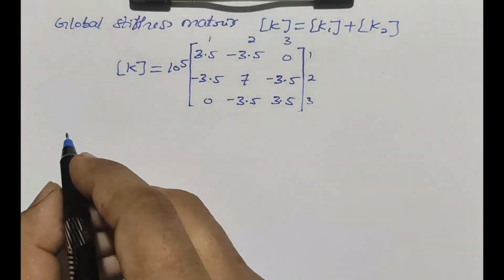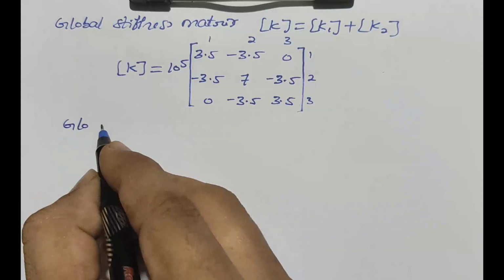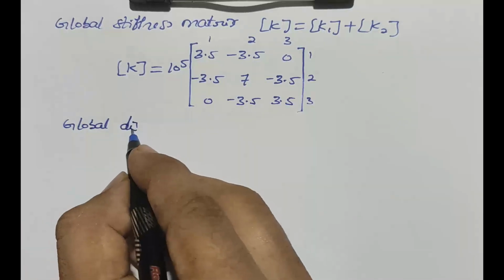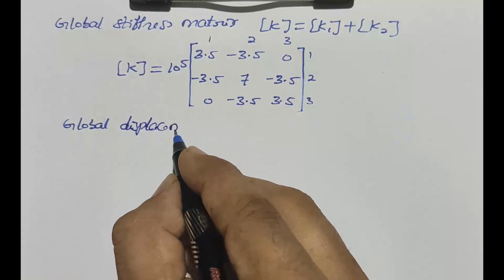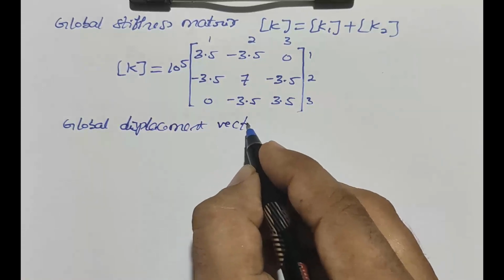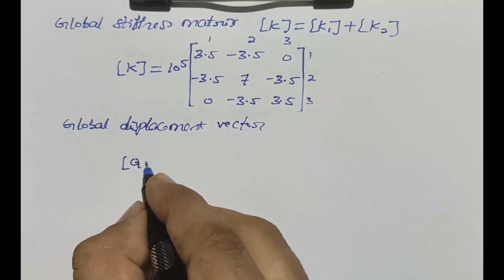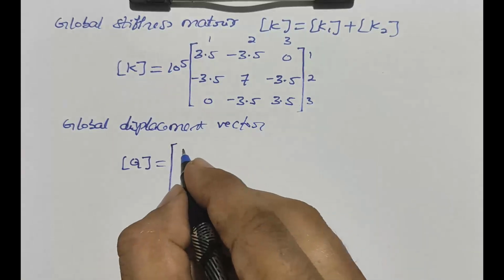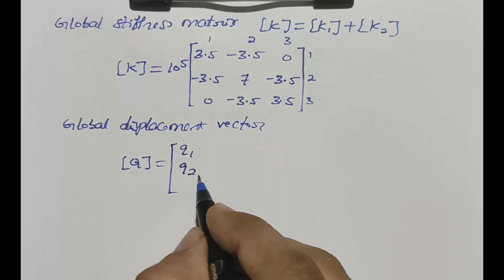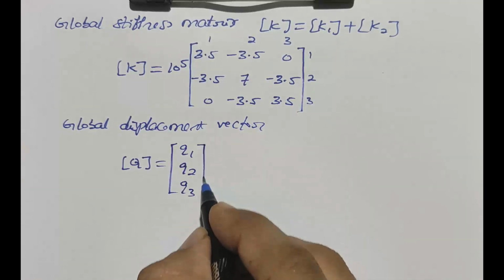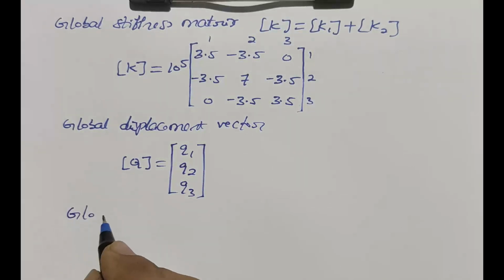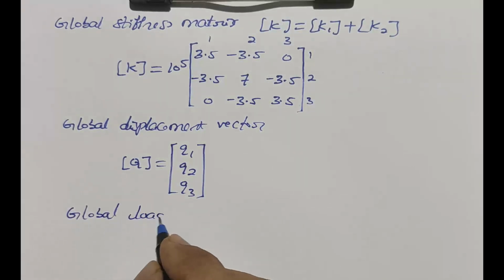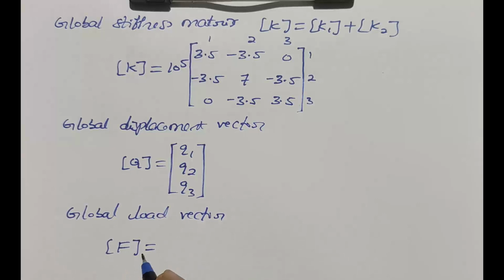Next is global displacement vector. Global displacement vector, that is Q is equal to Q1, Q2, Q3. Next, global load vector, that is F is equal to F1, F2, F3